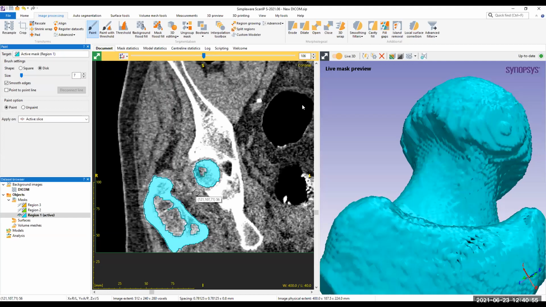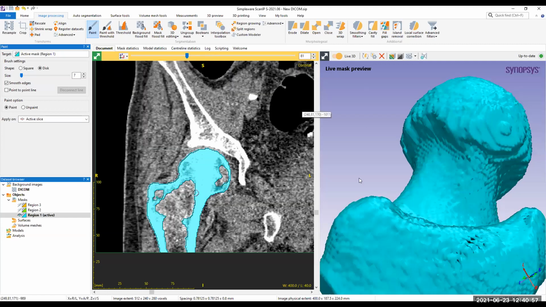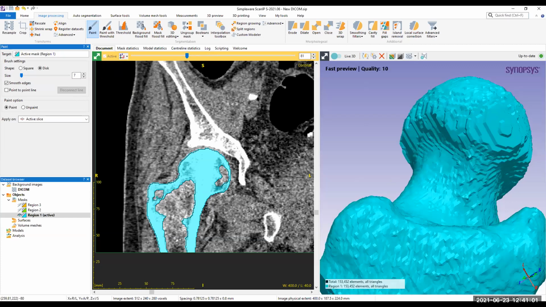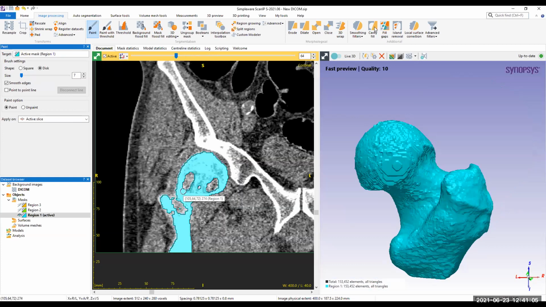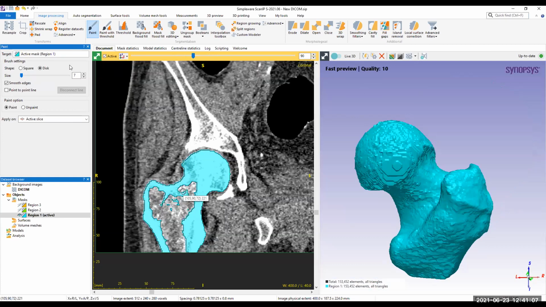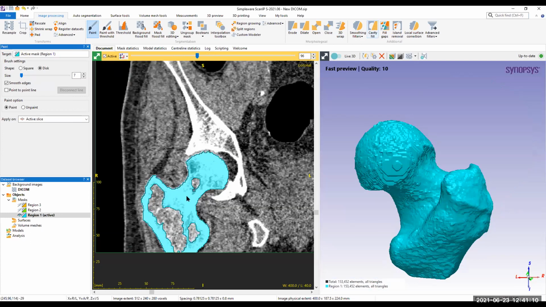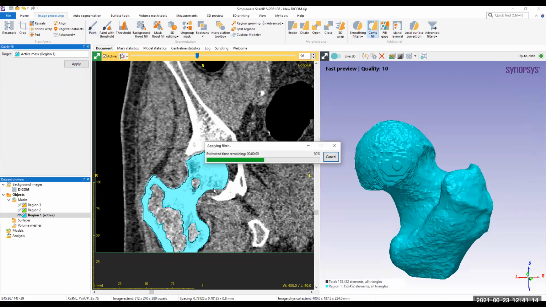Okay, now it looks fine. Now the only thing that we have is the internal cavities. I don't need this, so I will use a cavity fill tool to close up the cavities that are completely enclosed. It will fill up these small cavities that I have on top.